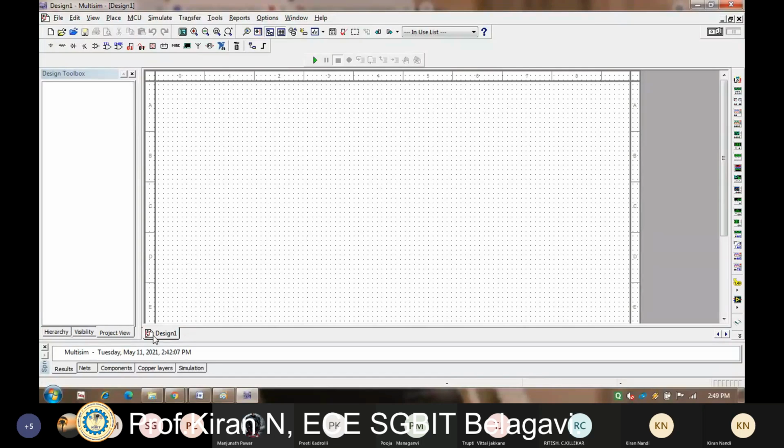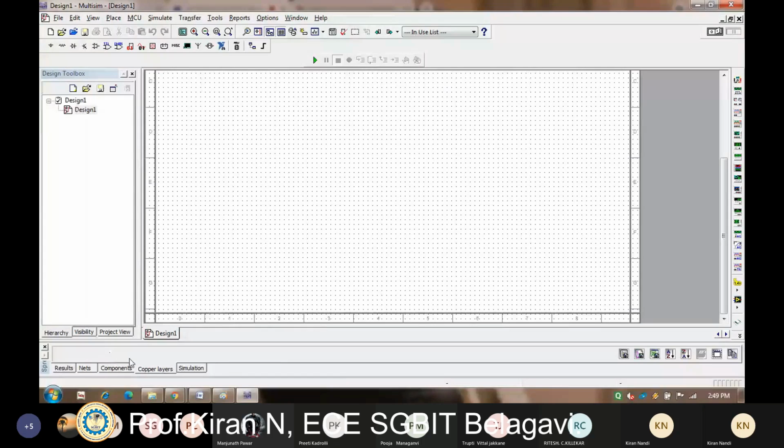Then copper layers, and again different types of components you are using, the entire history will be available here. Then simulation: once you complete the circuit diagram and start simulating it, whatever result you get is available in the simulation part, where you can view the simulation result. There is one more tab here, the in use list.